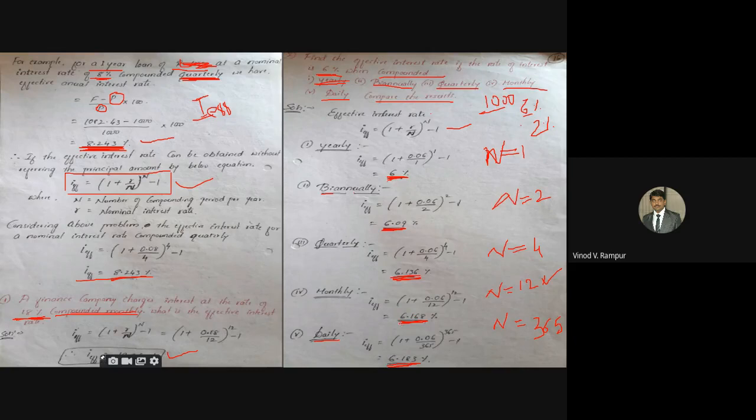Then similarly for 365, 6.168, and daily, if you are going to pay that amount, then 6.183% you are paying money to the lender. That's why the conclusion of this one is, the nominal interest rate you have to calculate whenever you are going to purchase or whenever you are going to take a loan from others, on the basis of EMIs or on the basis of a rent.